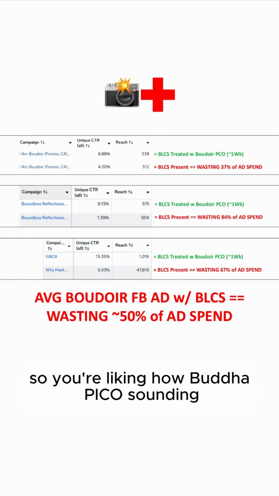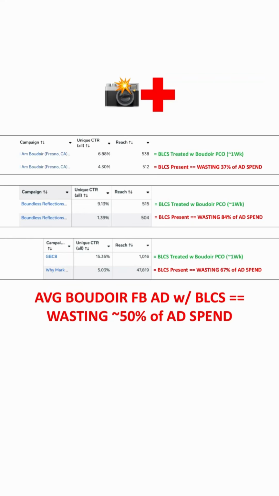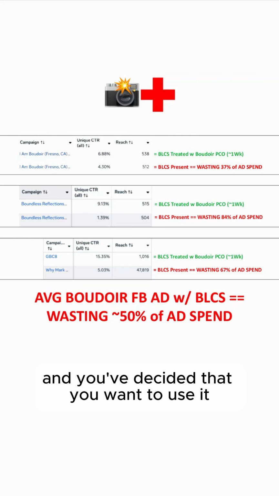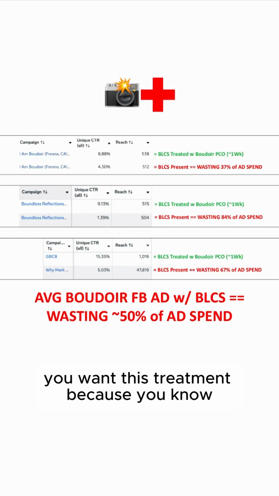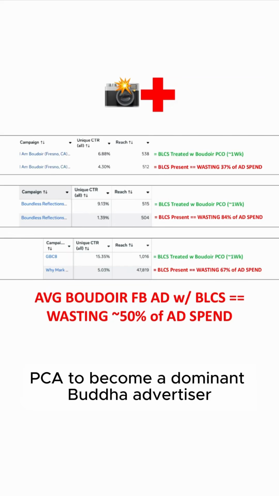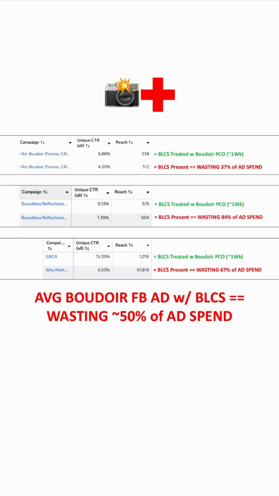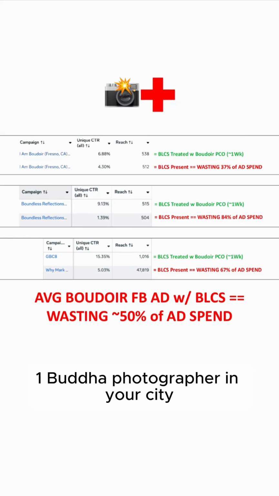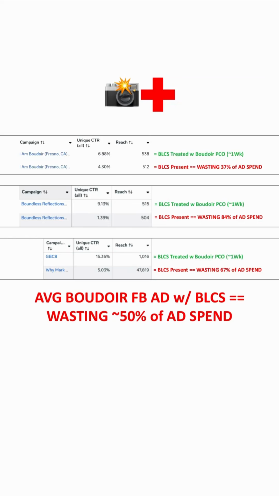So you're liking how Boudoir PICO is sounding, and you decided that you want this treatment, because you know you want to achieve pre-click alignment, PCA, to become a dominant boudoir advertiser, to achieve boudoir brain entry boost, because you know you need this on your way to become the number one boudoir photographer in your city,